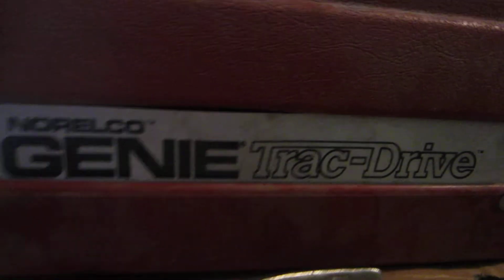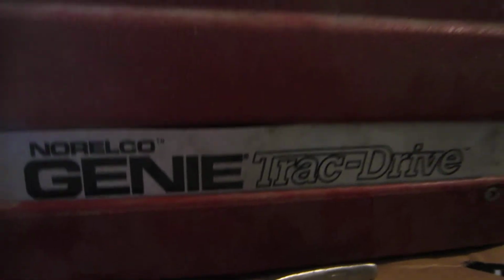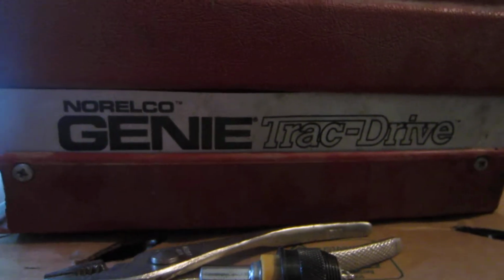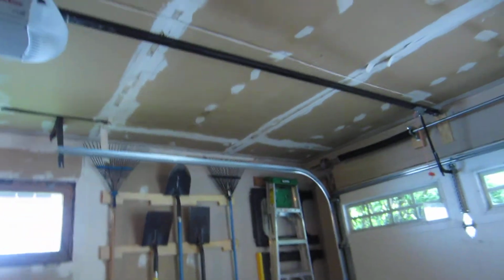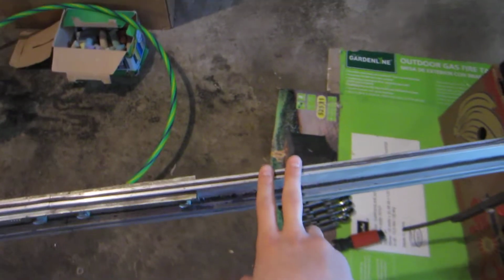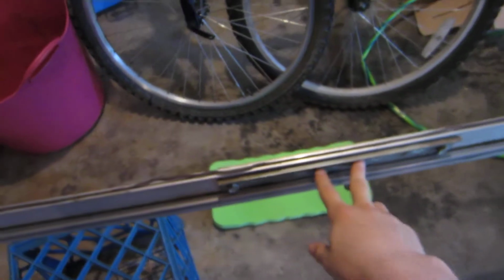Okay, I'd say I'm more or less done with putting this together, Tracdrive. So, here it is. I'm assuming this is for an 8-foot door because the rail looks, well, it might be a 7-footer. If you compare those, still guessing, I think it's probably 7 foot because these rail sections for 3-piece rails are usually for 7 feet. And you need to get a 4th one to put right here in between these ones for an 8-footer. I don't even know if they had 8-foot extensions back then, but yeah,